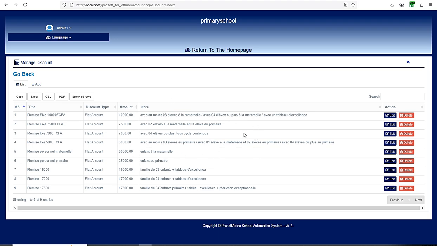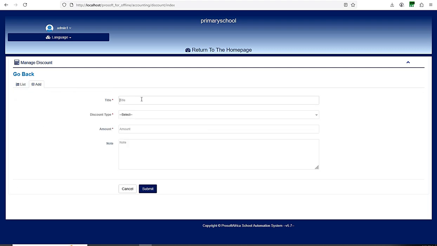the discounts of students. This is in French. So if a parent has 2 or more children in a school, you can give them a discount of 2%. You can give them a fixed discount. So it depends. This is just in French. So we can say you can define a flat amount. Let's say